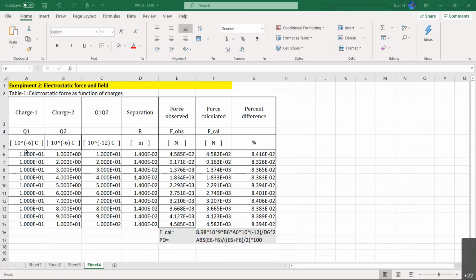So remember, charge number 1, we don't change at all. Charge number 1 remains 1 microcoulomb. See, I wrote this down in a certain way. I put only 10 here, but 10 to the negative 6 to represent the micro, I put in with the units, because that is the same for the whole column 1 and the same for column 2. The micro, I put on the top, that is 10 to the negative 6. Only numbers I am putting here.